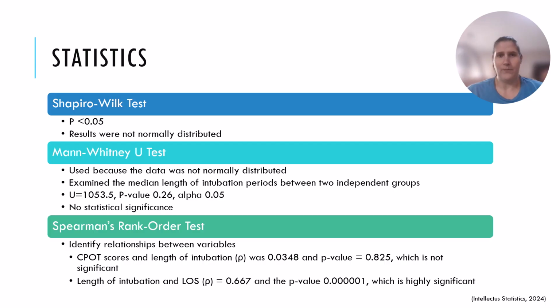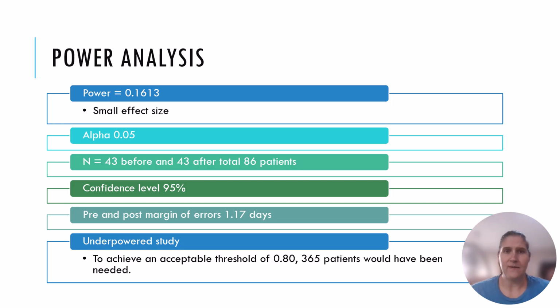In contrast, though, the correlation between the length of intubation and the length of stay yielded a coefficient of 0.067 and a highly significant p-value, substantially less than 0, with a p-value of 0.0000001. Power analysis was conducted to evaluate the study's ability to detect a true effect based on the sample size